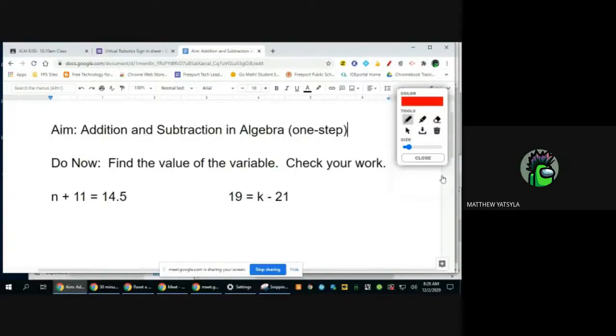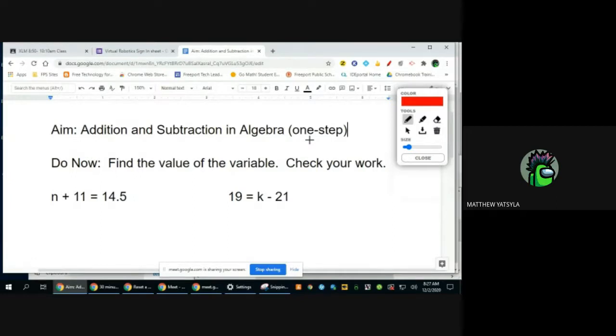Hi, everybody. So today we're going to be doing addition and subtraction algebra. These are only one-step questions. So most of the time you can do the work for one step in your head, but you want to get in the habit of showing the correct work and showing it the right way, so that when we do get to more complicated questions, as you notice, this does say one step. We'll get the two-step, we will get the three-step, but at the same time, the process is going to be